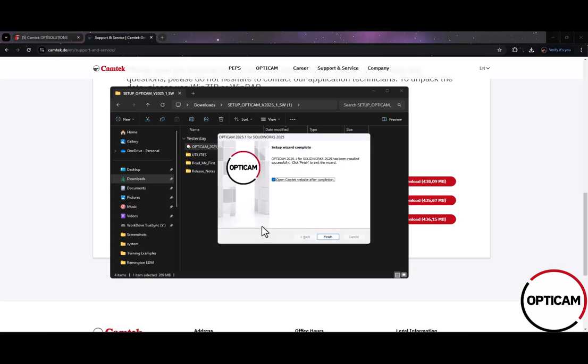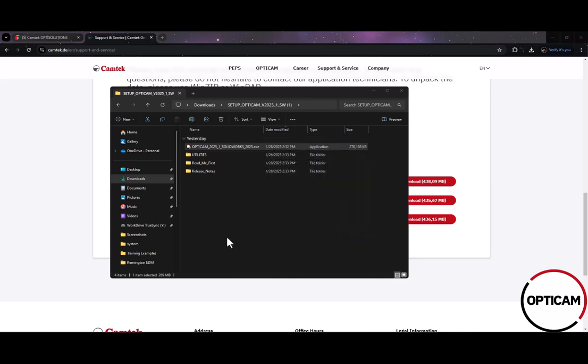All right, once the installation is complete, you can either check the website here for what was installed, right? Or you can just uncheck that and click finish. Okay. Because I am using SolidWorks 2024 and not 2025, the new version, Opticam for SolidWorks 2025,